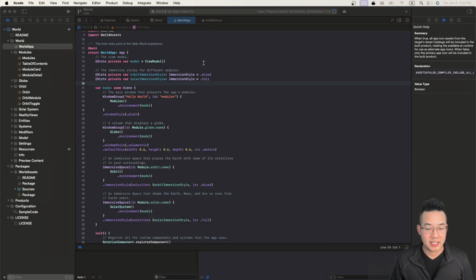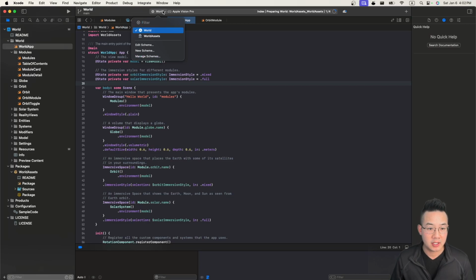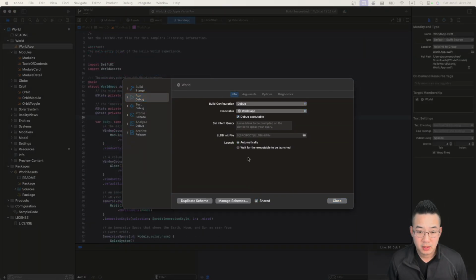Let's take a look at the schemes and run destinations. Here, in the top bar, we see that we have several schemes. We have, well, two to be exact. We have world assets and world. Let's take a look at this scheme, what it entails. In the scheme, we have quite a few options. We have build configurations, debug and release. We have our executable, world app, and